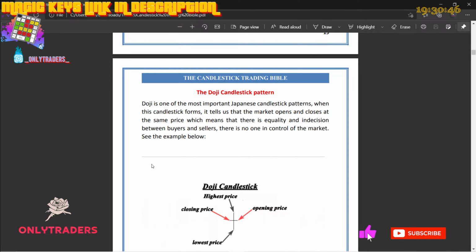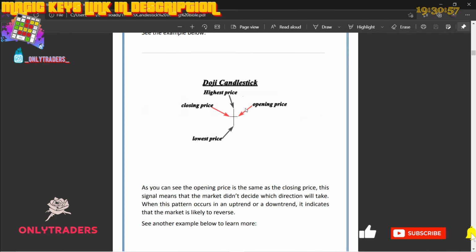So now we have the Doji candlestick pattern, and it's one of the most important candlestick patterns because it's one that you're going to see often, many times, especially when price is trending. And the Doji candlestick basically shows indecision in the market. As you can see with the way that this candle has formed, you can't really tell, are there buyers, are there sellers, and that's what usually happens. It means that within that candle, price is ranging. It means that there are a lot of buyers and a lot of sellers, or there are too few buyers and too few sellers that they